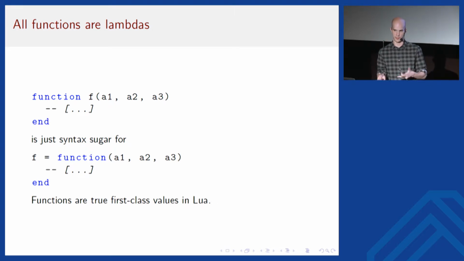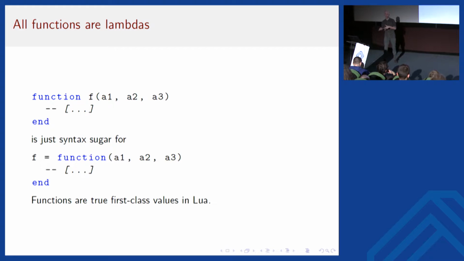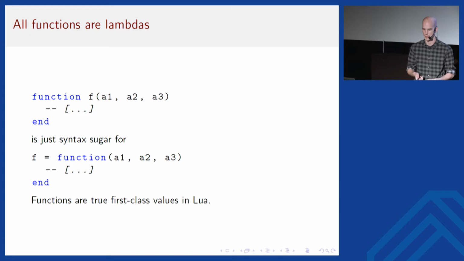But other than that, the way that they interact with variables, with names, is the same as for any other values. And this goes back to what I said in the beginning, that Lua is small. There's only very few distinct concepts. So there is no separate concept for functions that have names, right? We just reuse the mechanism that we already have in place for values and then just say, okay, a function is just one specific type of value. But other than that, it works exactly the same as for integers, so we can reuse a lot of the mechanisms that we already have for those.